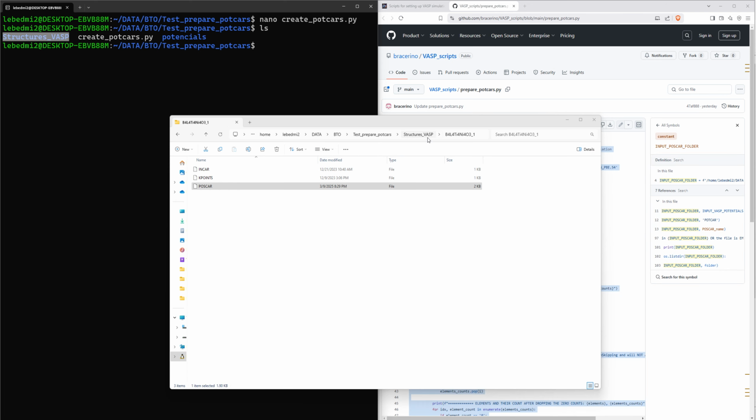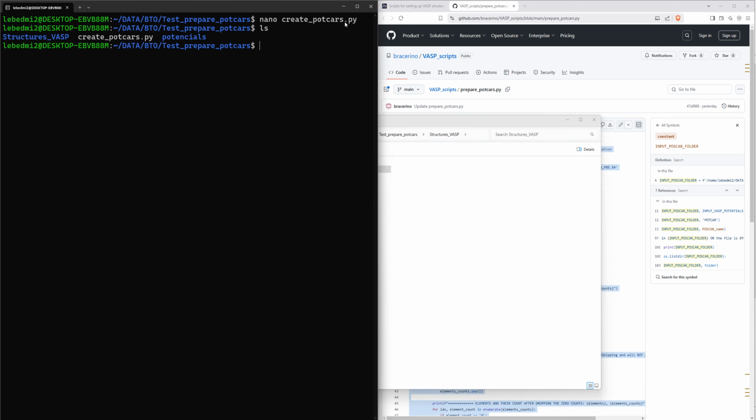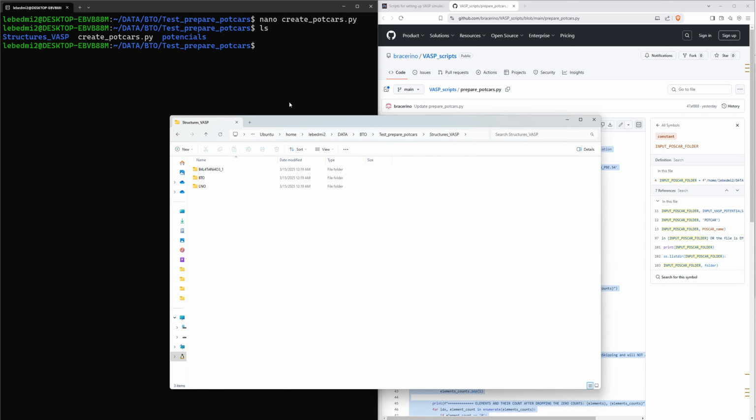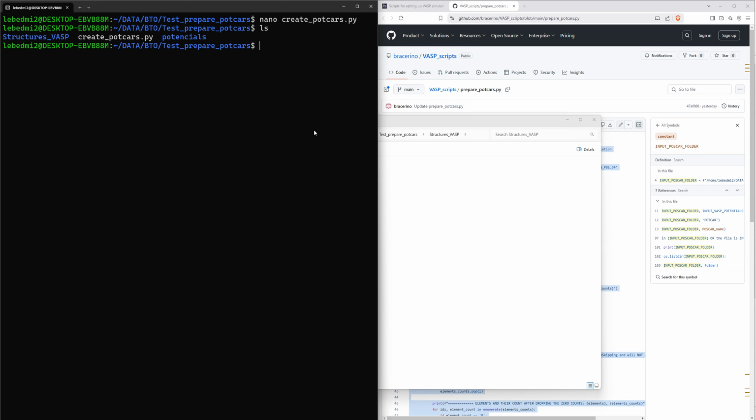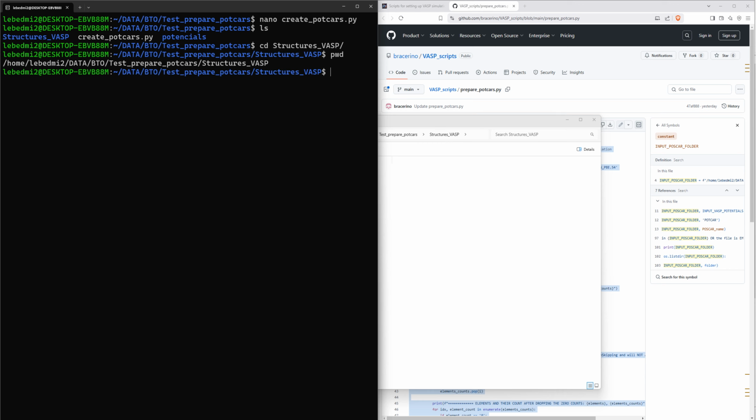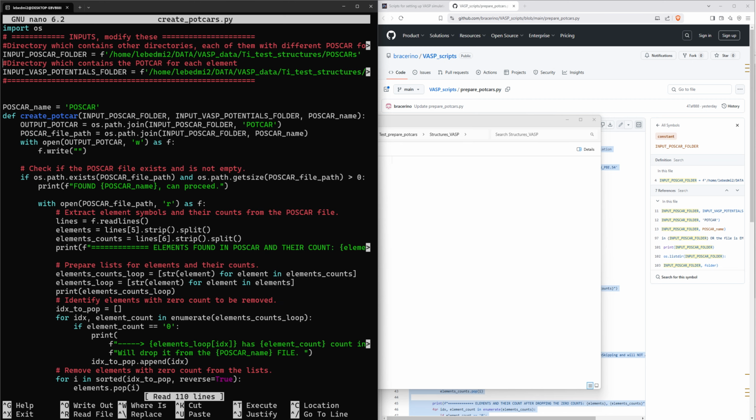Okay, so the main path, which I need to set as one of the user's variables, is the path to here. So let's get the full path, and let's copy it to the code. Okay, so now I can save it,